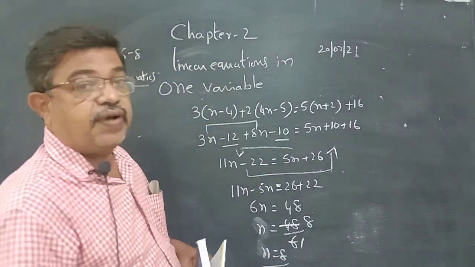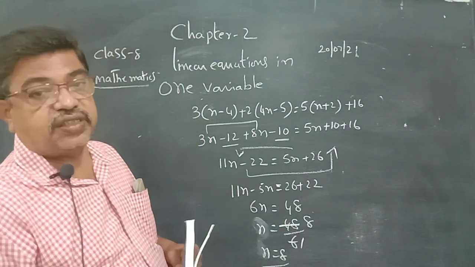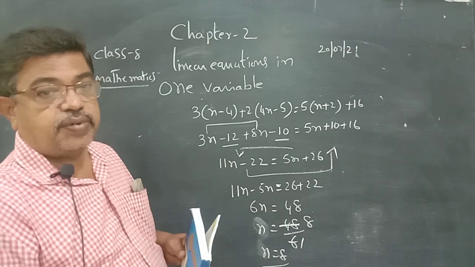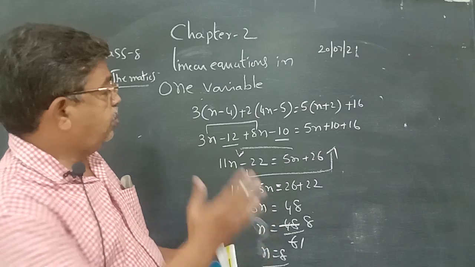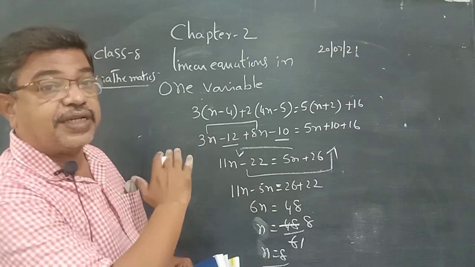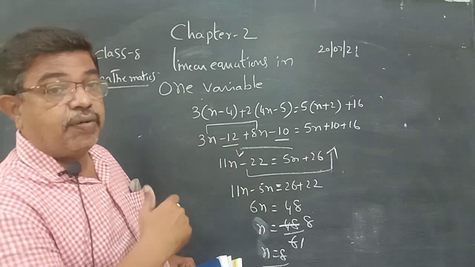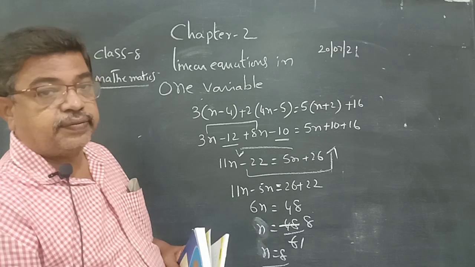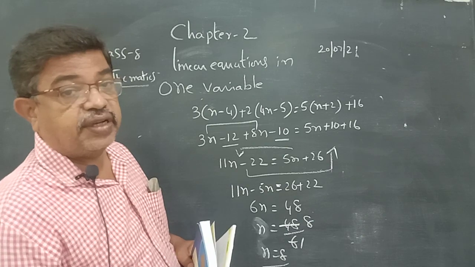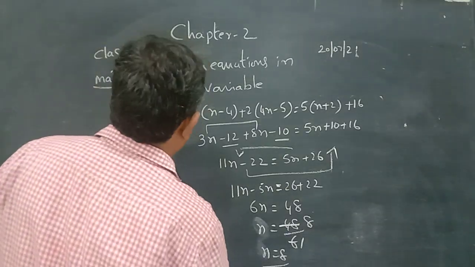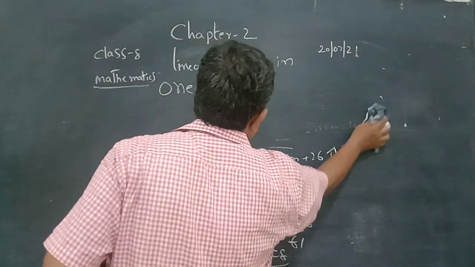So this is how we get the value of the variable in each case. We did nearly 5 to 6 problems now, and all the problems are very simple to calculate. You remember the process, how we are transposing, how we are multiplying, what happens to symbols. If you remember the process, the rest of the things is very simple. Now we will do one more problem.